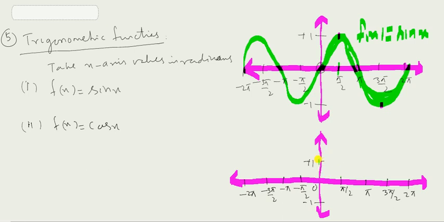For the graph at 0 the cos value becomes 1, at pi by 2 it becomes 0, at pi it becomes minus 1, again at 3 pi by 2 it becomes 0, and again at 2 pi it becomes 1. Okay, so similarly at minus pi by 2 the value will be 0, and at minus pi it will be plus 1, at minus 3 pi by 2 it will again become 0, and at minus 2 pi, cos of minus 2 pi is also cos 2 pi, which is equal to cos 0.